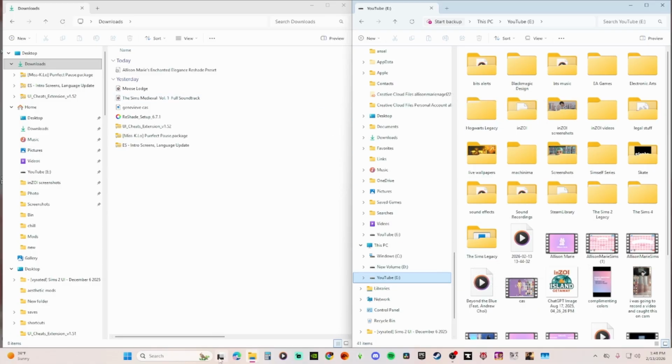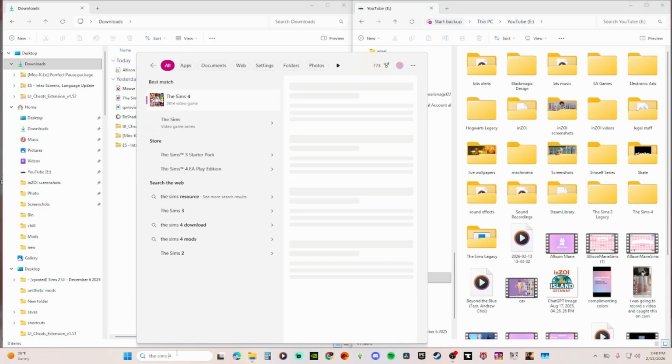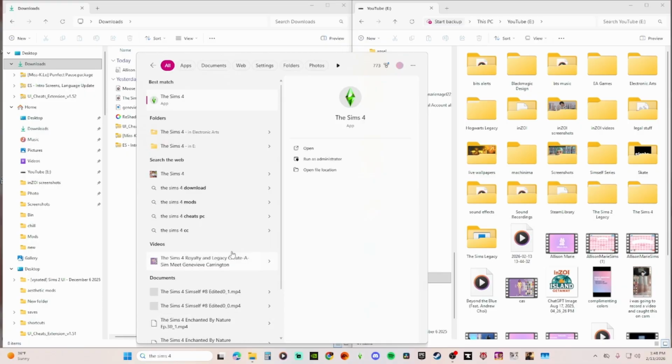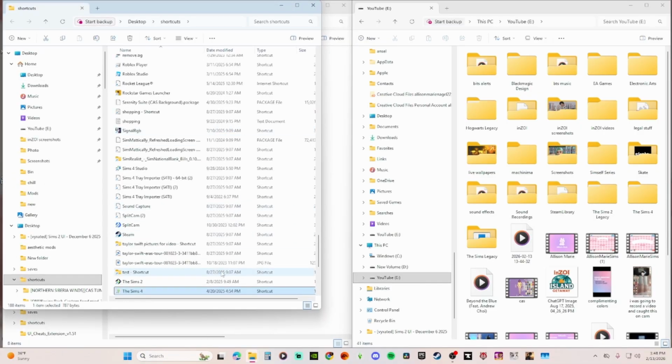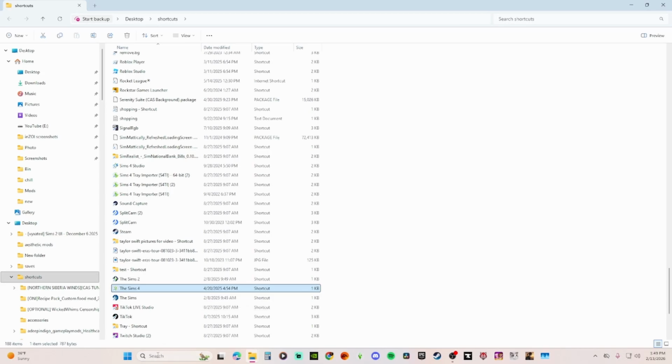If you need to know where that is, you just go into here, Sims 4, and then you press open file location. That'll take you to this. And then it just took me to my desktop shortcuts. Anyways,